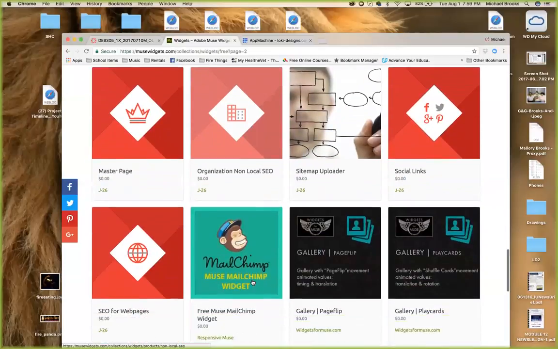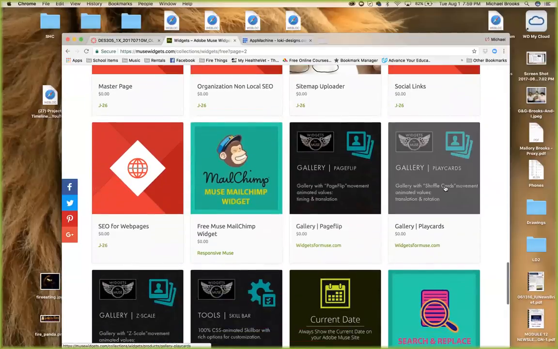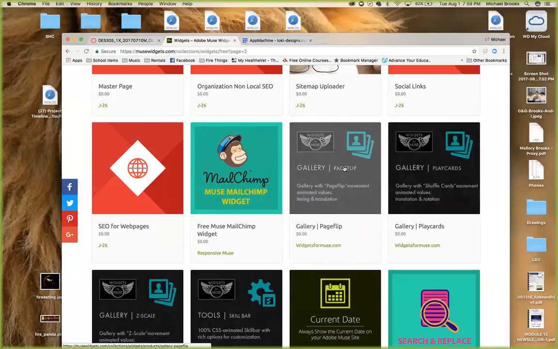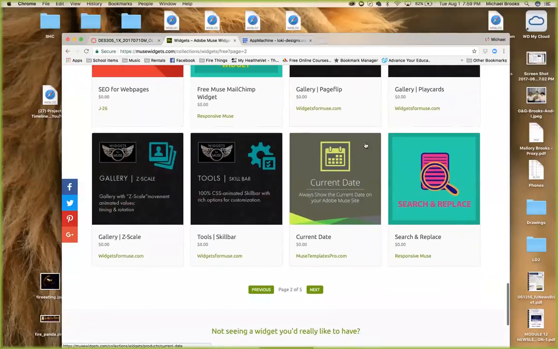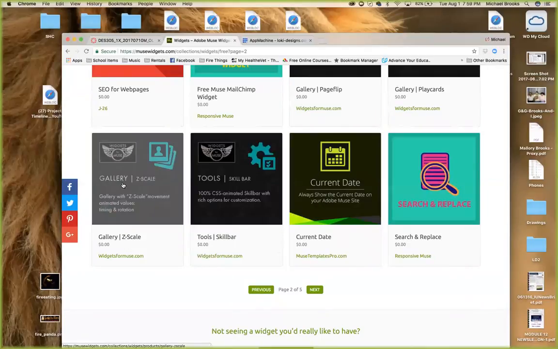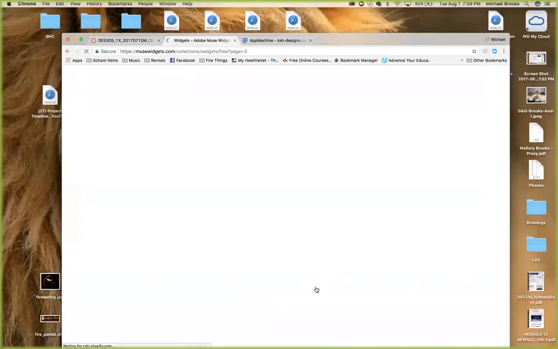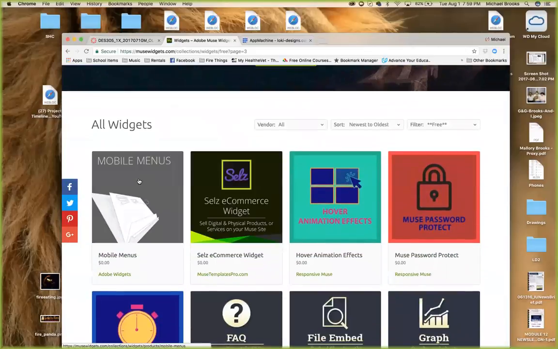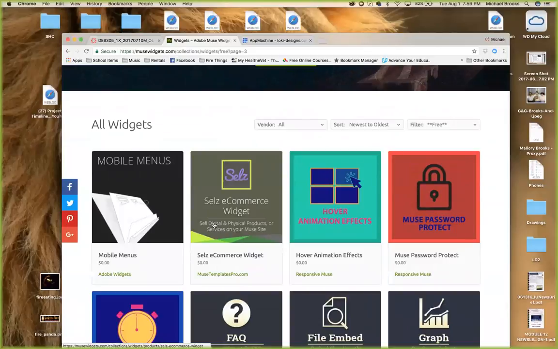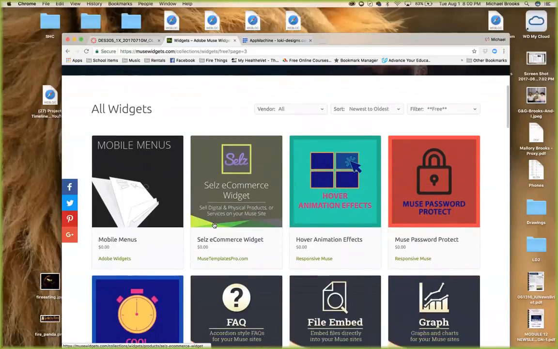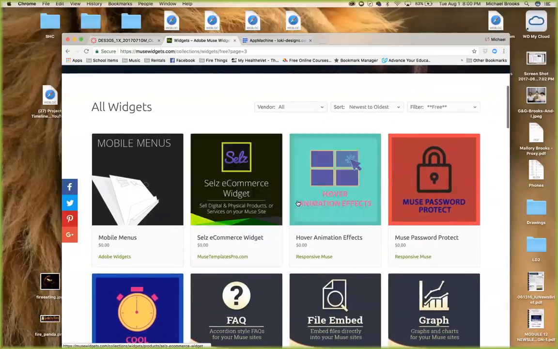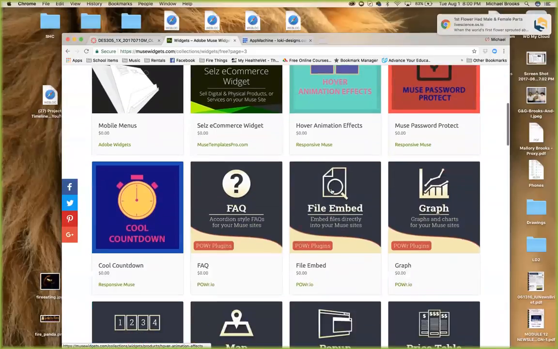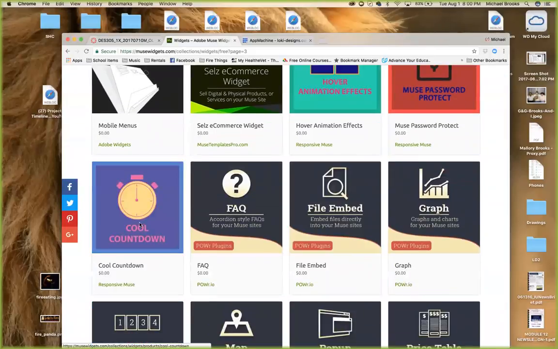Facebook, monkey chew, gallery, playing cards type gallery, page flip, the current date, searchable replace, tools, mobile menus, easy commerce, sells e-commerce widget, hover animation effects. This is where you might want to look to see what could happen with your puzzle page one. Cool countdown,